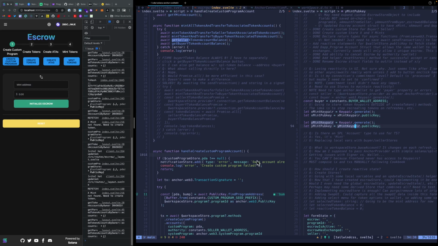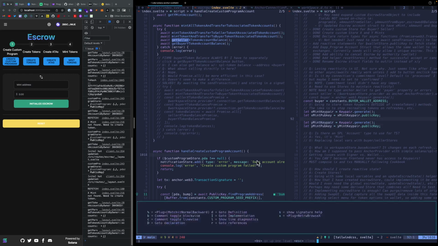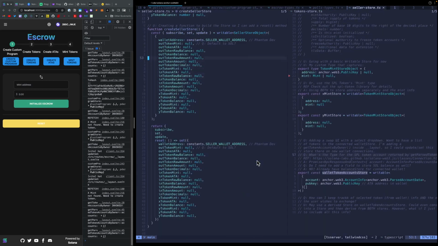As soon as I disconnect that wallet and reconnect with a new wallet, or even the same, I feel like I'm going to lose the state of those local variables. So then I won't have access to some of those account details. Oh, man, see? May just be poor design that I've kind of walked myself into